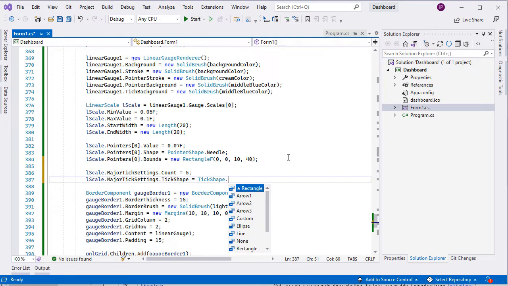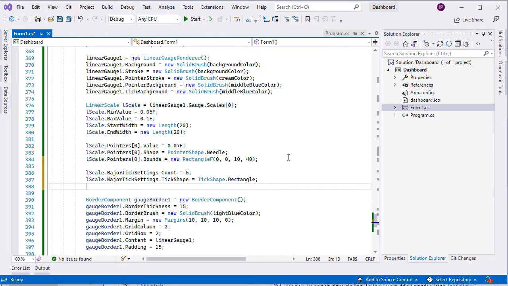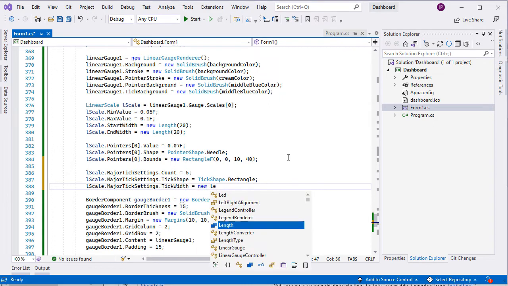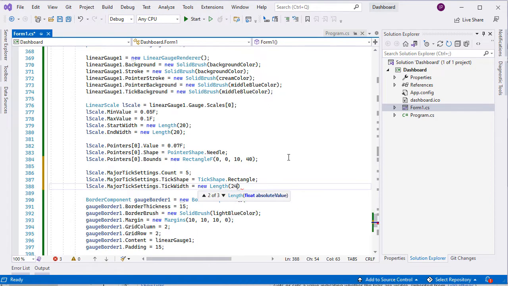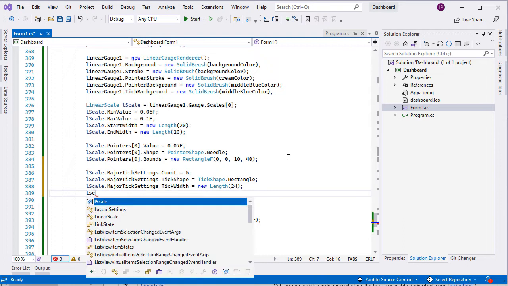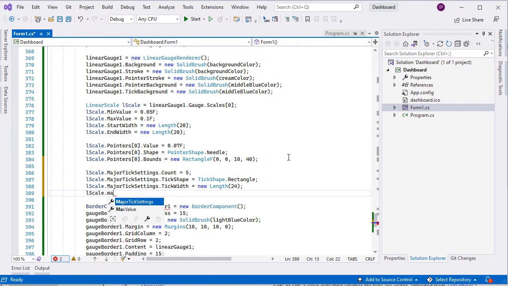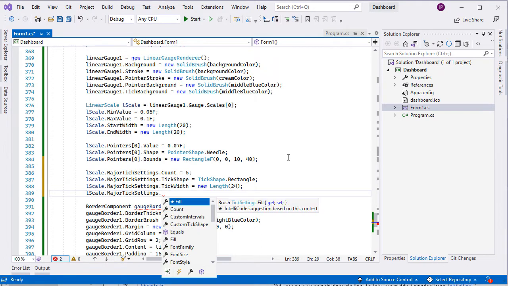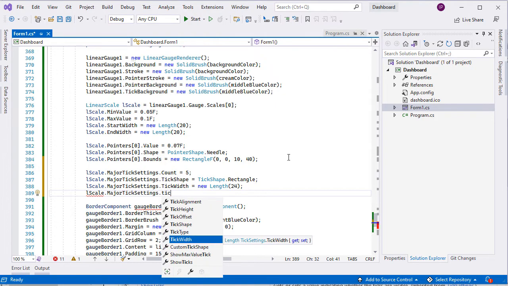The tick shape is rectangle. The ticks are 24 units wide. The height is 2 units.